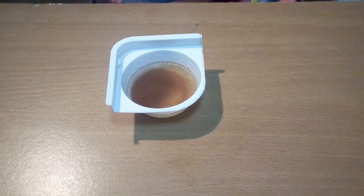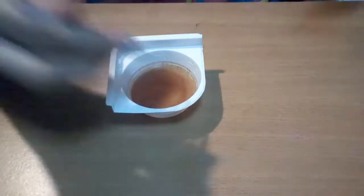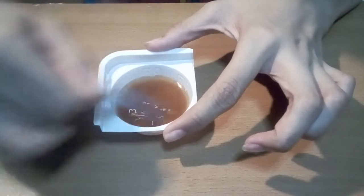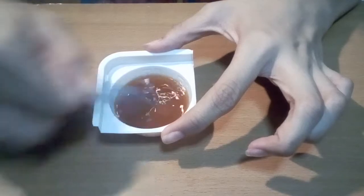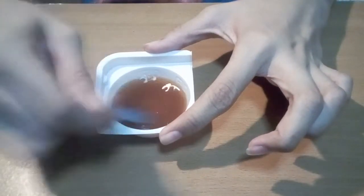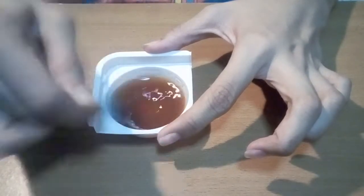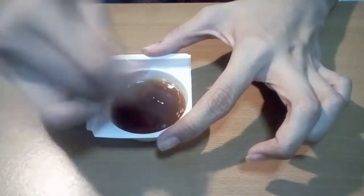You're gonna take your fork. Oh, and I forgot, you need to wipe your fork or wash it before you use it again. But if you don't want to, you don't have to. Mix it around until it's all dissolved, so that you get even flavor every bite. Once you don't feel anything anymore,